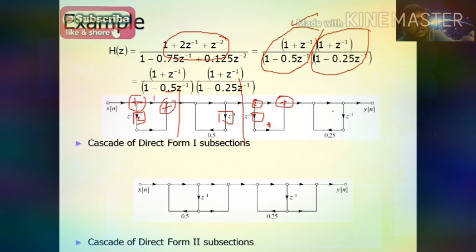Next is the second one, the denominator part, 1 minus. So from right to left hand side, the delay element comes at the right hand side. So z inverse. Constant multiplier minus 0.25. Now it became plus 0.25. So we add them together. So here we have one more adder element. For this you connect one more. Okay. Now simply by joining these two system transfer functions, you can get the cascade of direct form one substructures. Okay, so this is the cascade form of direct form one structure.